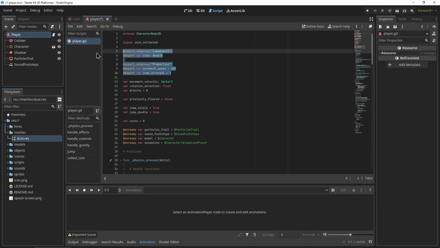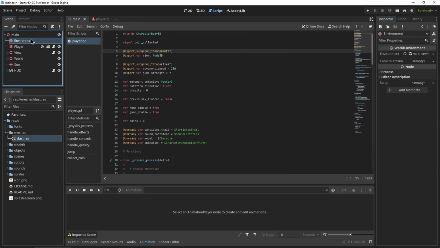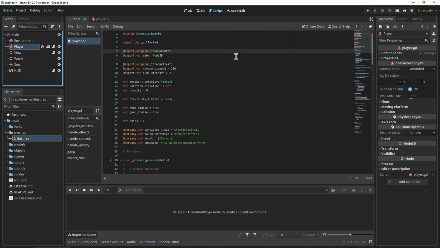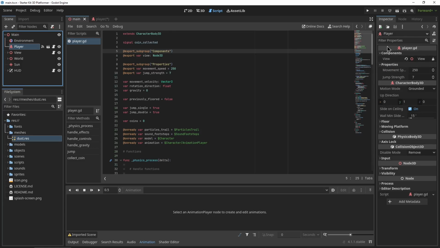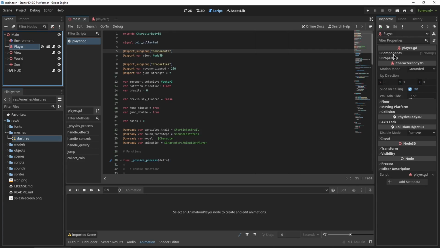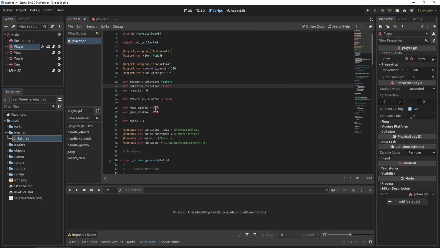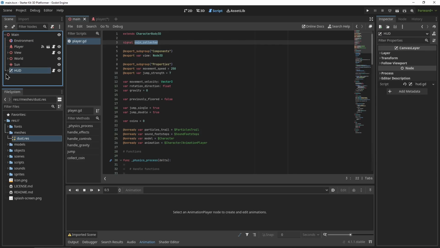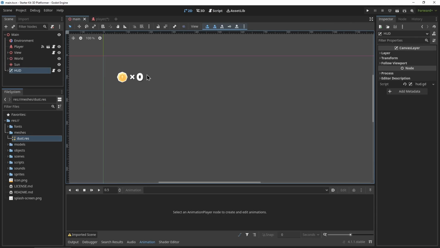One thing I want to take note of is these export subgroups. They're just another nice layer of polish. If you go to your player node and you see these exported vars, they all come in their own little subgroup, making it very readable and usable. So yeah, this is just a very basic physics movement script. You see there's one signal connected for collected coins. This means when the player collects a coin, it sends a signal to the HUD, updating the coin count in